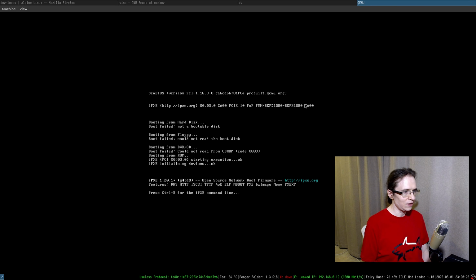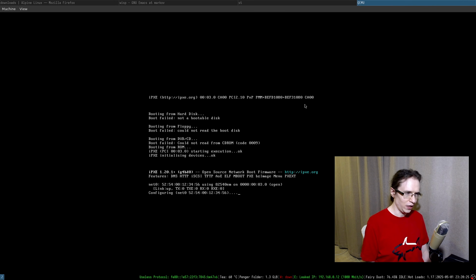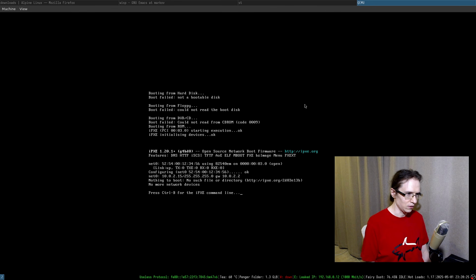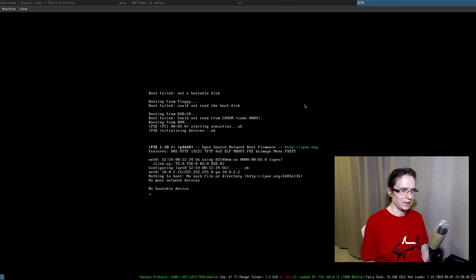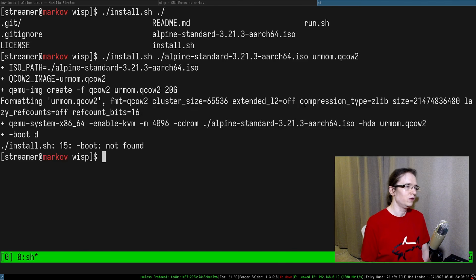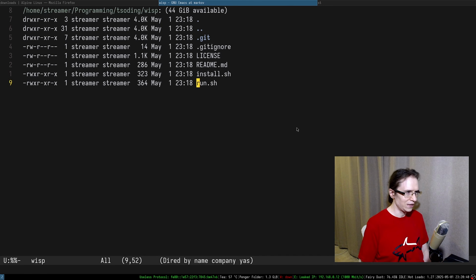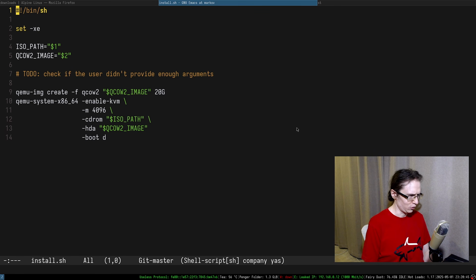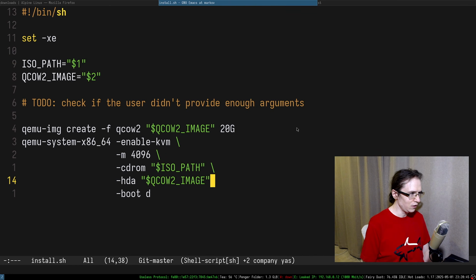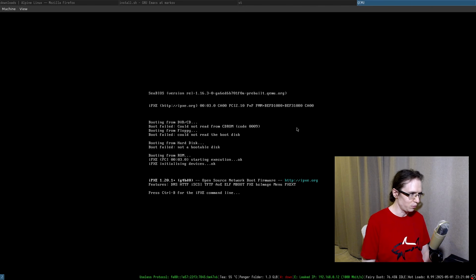And it doesn't seem to be working, right? Well, it's trying to do things. It couldn't load this entire thing. No bootable device, that's understandable. Now, no boot found. That's really funny. It was trying to do boot D, a very old thing, probably because I forgot to put a slash in here. How did it work before without the slash? We already found a freaking bug in here. Okay, that's pretty good.